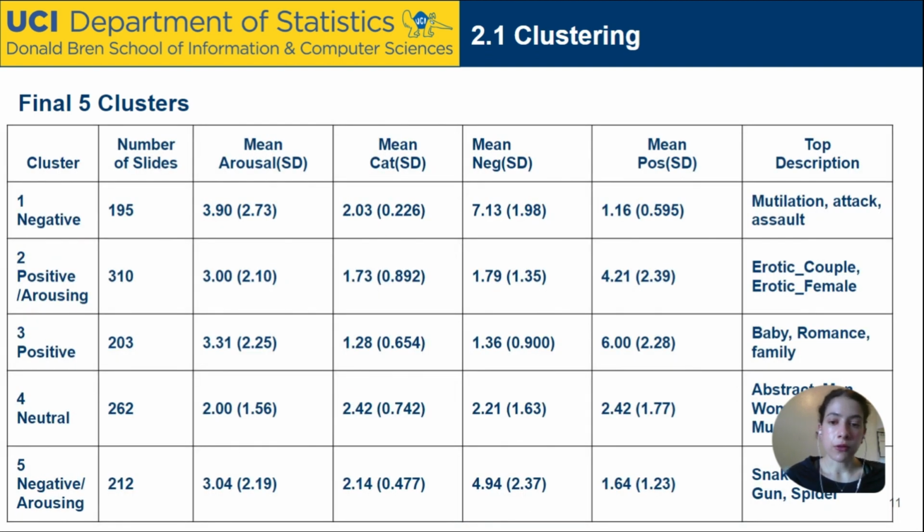All the clusters had around 200 slides. The smallest was 195 and the largest was 310. And this table gives an idea of how the names were decided for each cluster. It's worth noting that the slides do have names and descriptions, the individual slides that is, some being similar to others, and we were able to list the most common or top description in the far right column, which did seem to correlate to the final cluster name and the average measure makeup.